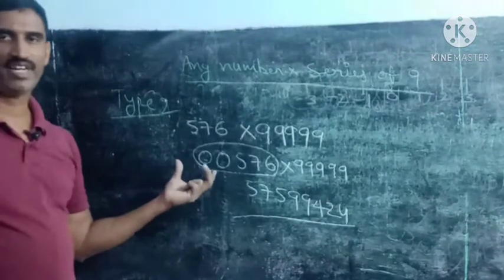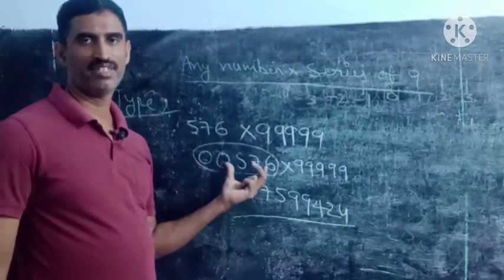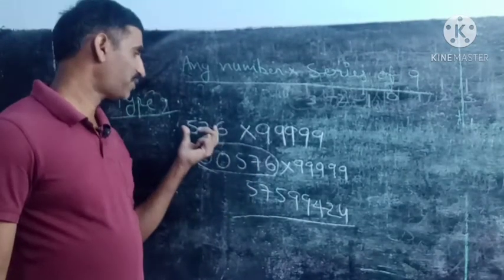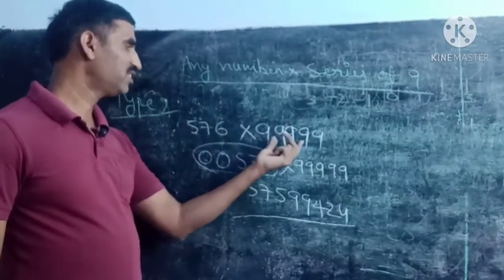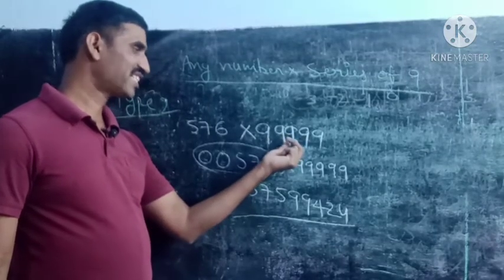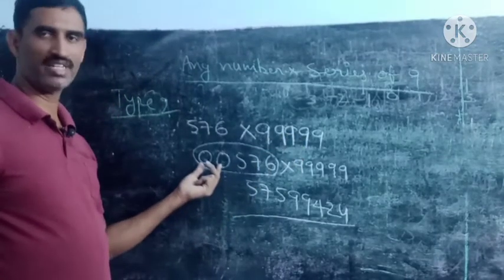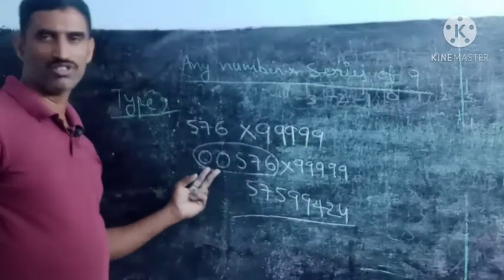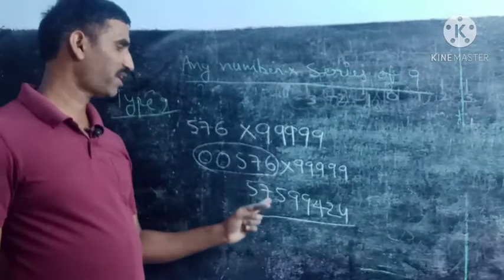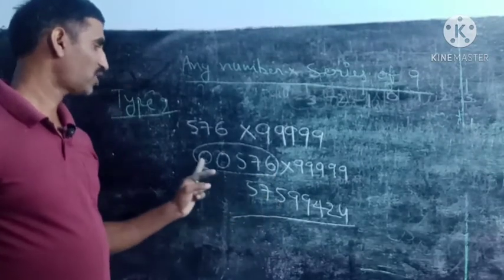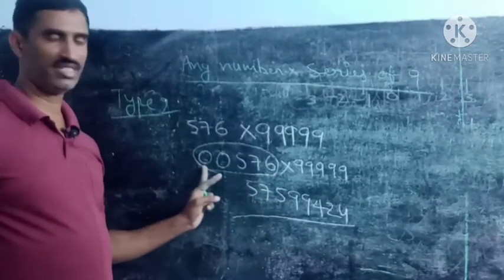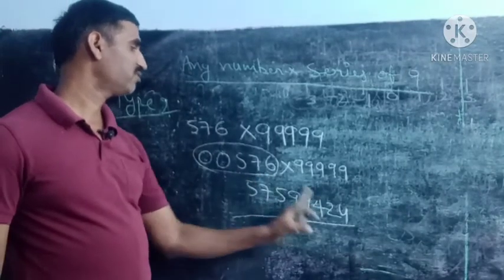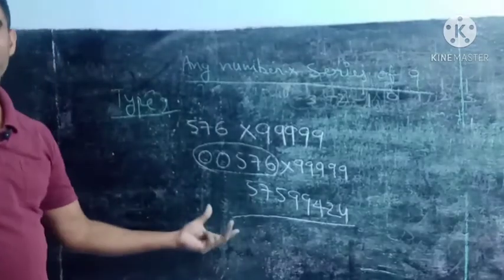So type 2 is completed. I think everybody is clear on this. Same as the first one, type 1: just subtract 1. And you see how many extra digits there are. That many digits you write here. 5 extra digits, so 5 zeros you should write. So 576 minus 1 is 575. Write the complement of these 5 digits. 9 minus 0 is 9. 9 minus 0 is 9. 9 minus 5 is 4. 9 minus 7 is 2. 9 minus 6 is 4.